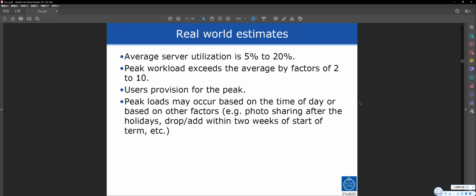Photo sharing after the holidays dropped within 2 weeks of the start of the